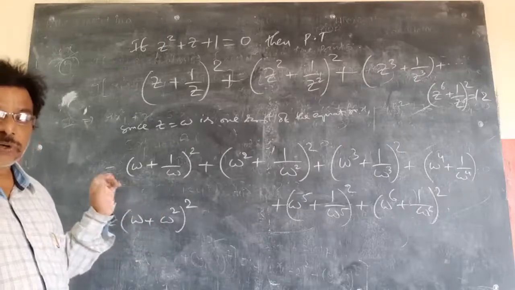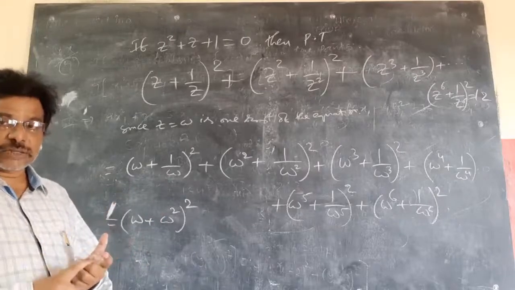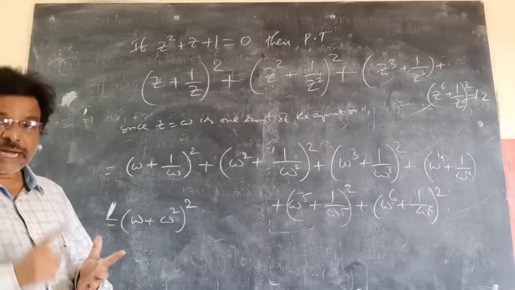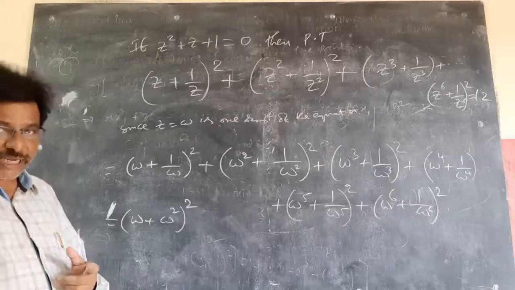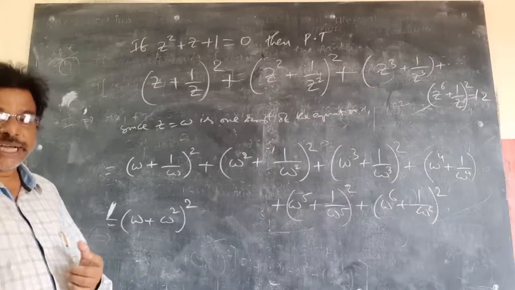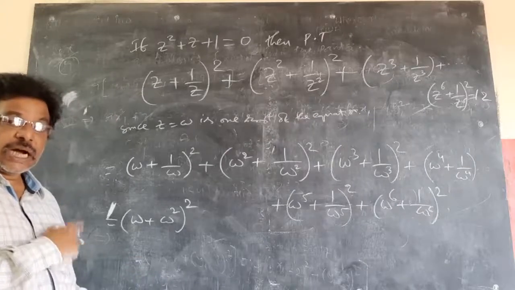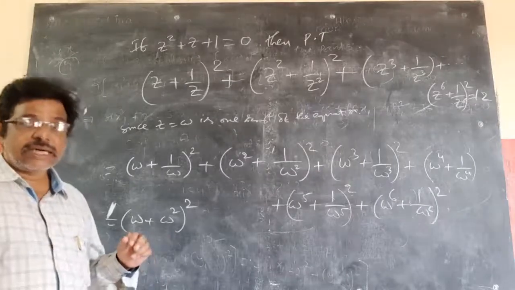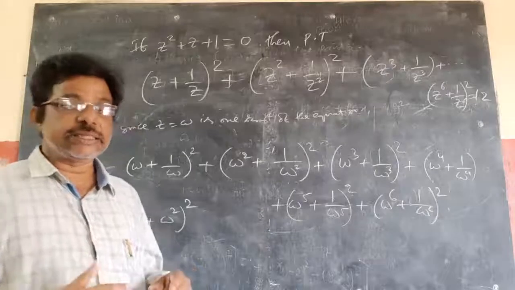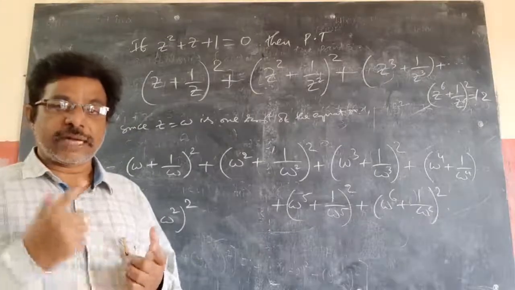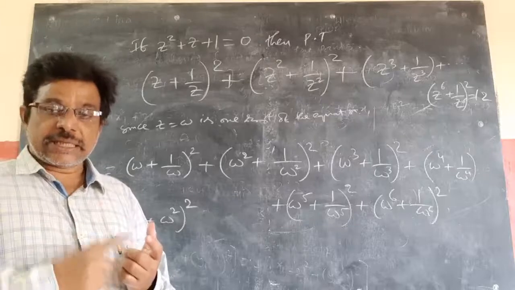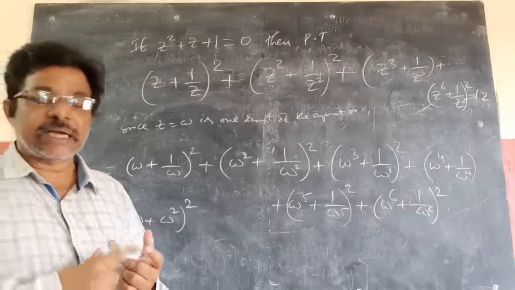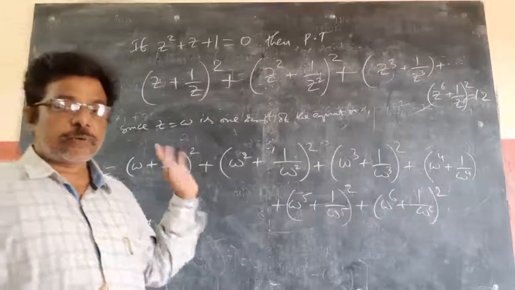This is the beauty of cube roots of unity I told. 1, omega, omega square are cube roots of unity. Then 1 plus omega plus omega square equal to 0. Omega cube equal to 1. Omega is the conjugate of omega square and omega square is the conjugate of omega, and each is the square of the other. All this we already discussed. And 1, omega, omega square are the three vertices of an equilateral triangle. Remember all these points regarding the cube roots of unity.